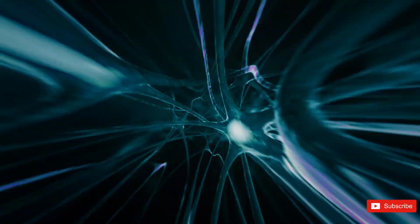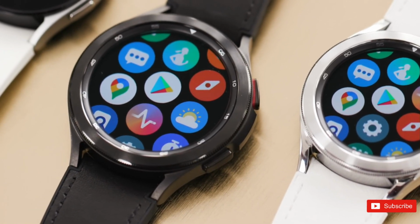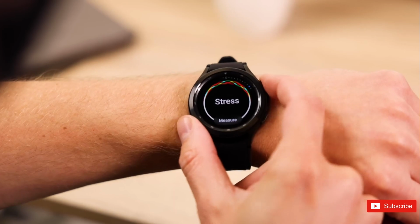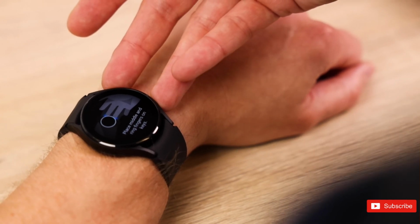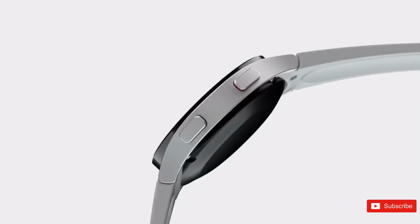And while that's just a few weeks between now and that product showcase, you might find yourself shopping Prime Day deals or interested in picking up a Samsung smartwatch now. The current gen model is the Samsung Galaxy Watch 5, and since it's been on the market for nearly a year, it's often on sale. But buyer's remorse is a real thing. The last thing you'd want is to buy a smartwatch only for a newer model with features that interest you to launch shortly after. So should you wait for the Galaxy Watch 6 or pick up a Galaxy Watch 5